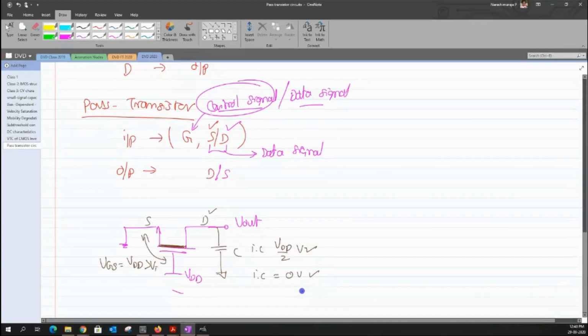Now, having got this kind of initial condition, let us see whether there exists a channel, and through this channel, whether we are able to transfer the charges from the capacitor to the terminal. Since I have assumed that there are some positive charges on this particular plate, and the bottom plate of the capacitor has some equivalent negative charges, these charges in turn have created a potential across the capacitor, which is taken as VC, equal to VDD by 2.